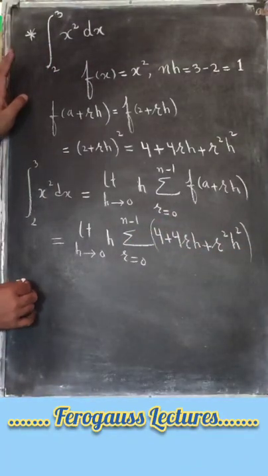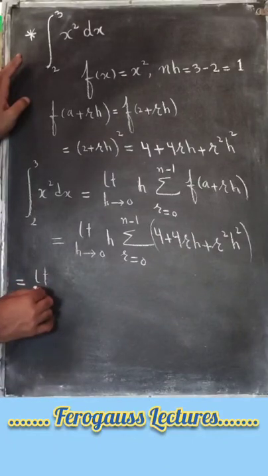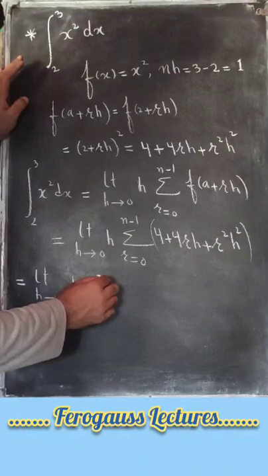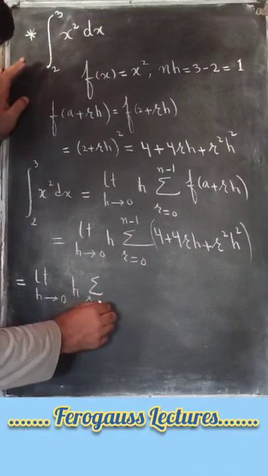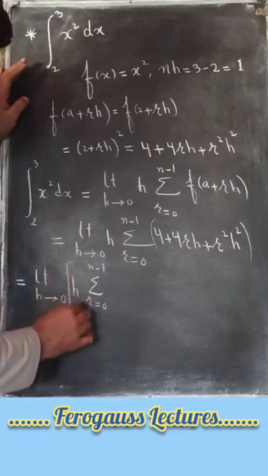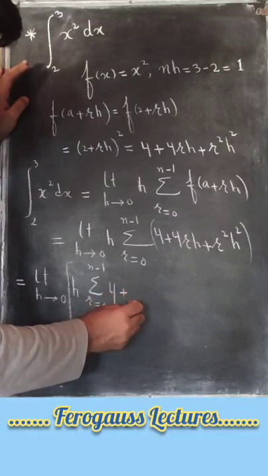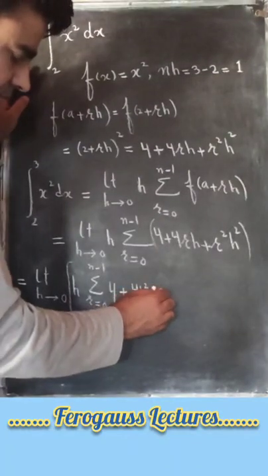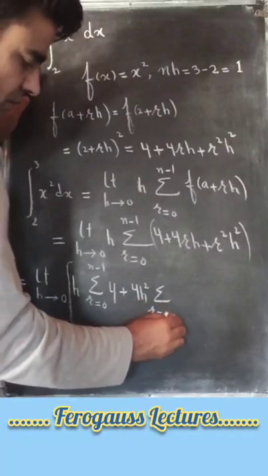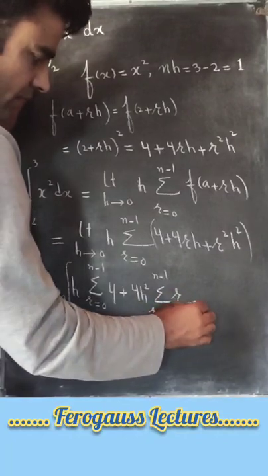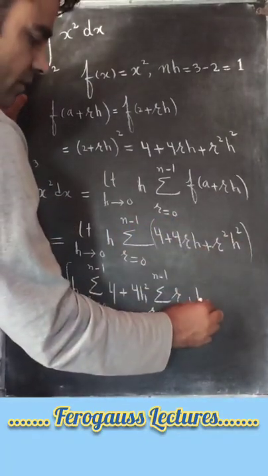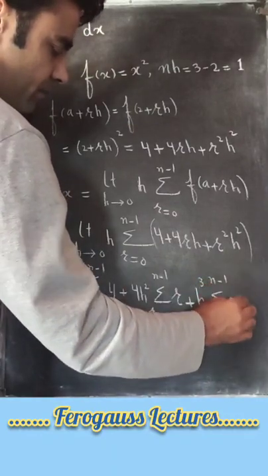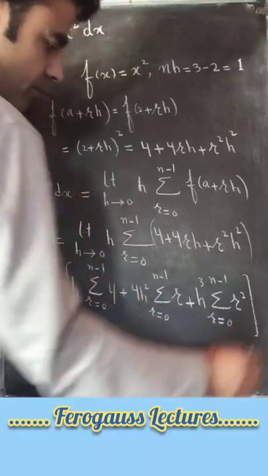Now that is further equal to limit h tends to 0, h times summation r running from 0 to n minus 1 of 4, then plus we have h into h, that's h square, so we can write 4h square, summation r running from 0 to n minus 1 of r, then again plus h into h square, that's h cube, summation r running from 0 to n minus 1 of r square. Okay,